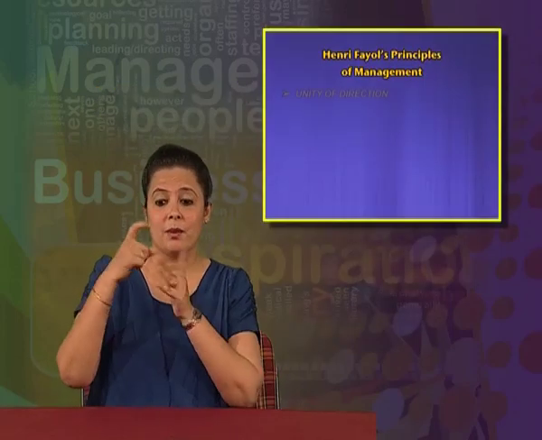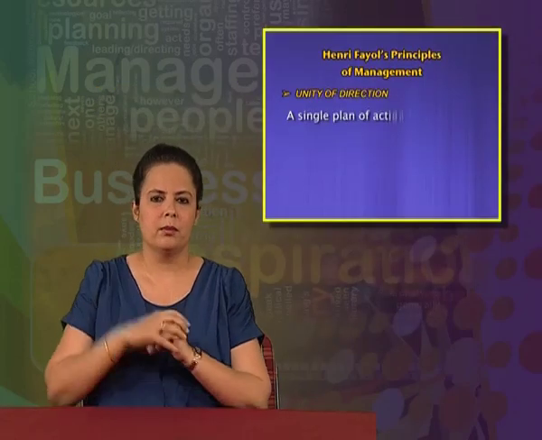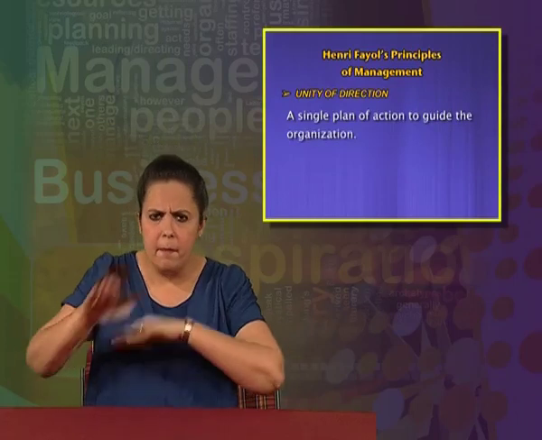Our next principle is unity of direction. A single plan of action is to guide the organization. This principle means that there should be one head and one plan for each department. And the head of the department must ask all the subordinates to come together, make a single group, and then direct their activities toward the attainment of whatever plan they have derived earlier. If the activities are directed in a proper way, and if the employees are giving their level best, then certainly they will be able to achieve the targets which are specifically set for their own department.